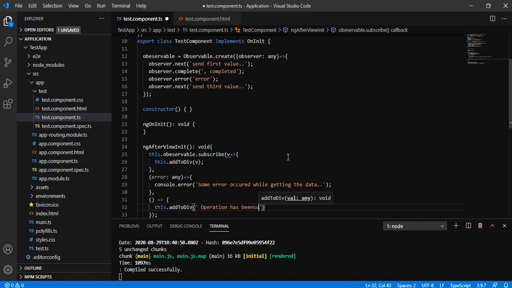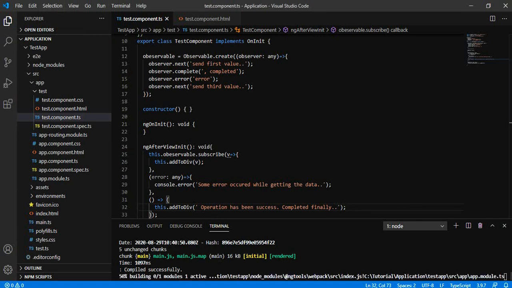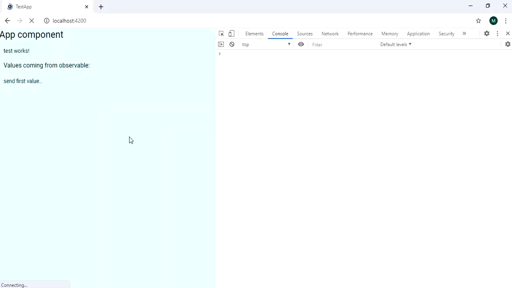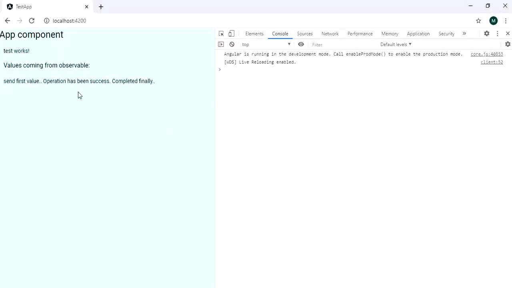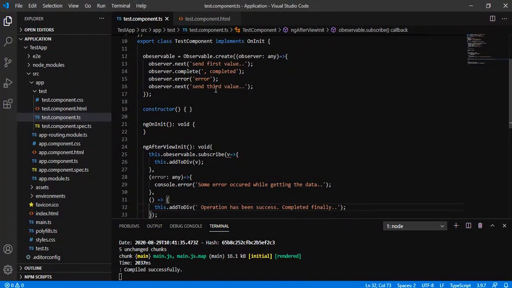Operation has been successful and completed finally. So in this way we can complete the set of operations from the observable and also send the notification that the operation has been successful and completed.